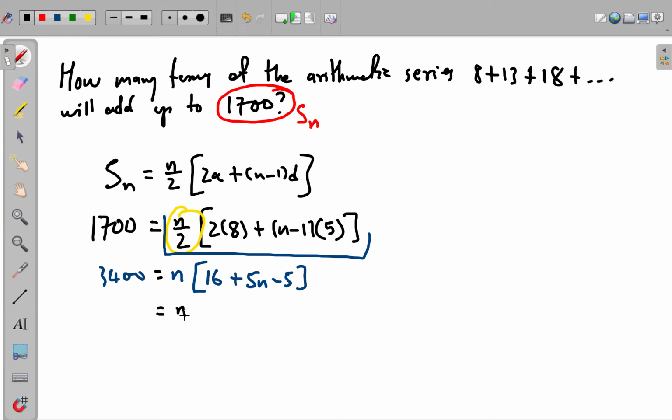Before you multiply in, whenever you've got something inside brackets and something outside, it's good practice to check whether there are like terms inside the bracket. And as you can see in this case, I do have like terms, the 16 and the 5. So I'd rather start with the 16 minus 5, which is an 11, and then this is 3,400. The Americans would say 3,400. Anyways,